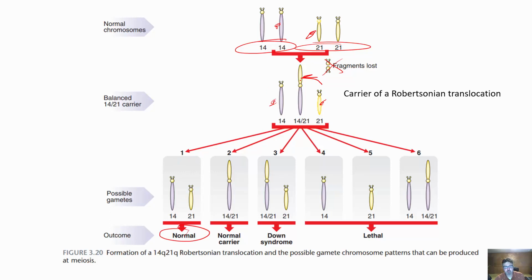These are not the ones involved in the translocation. These guys over here were not translocated. You can, however, have what we call a normal carrier. So this normal carrier, you can see here, has the translocation, has the Q arm from chromosome 21 fusing with the Q arm from 14. So that's normal here. These guys will not themselves express Down syndrome, but they can pass it down to